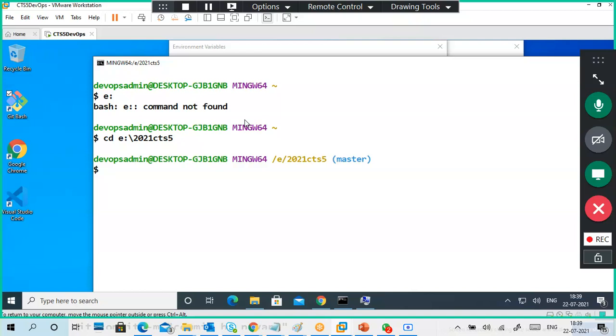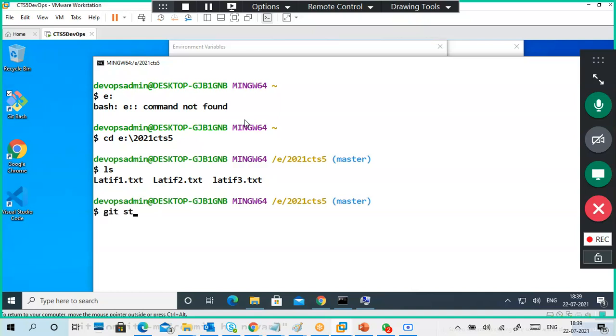Okay, ls. Okay, git status. See, I want to show git pull.